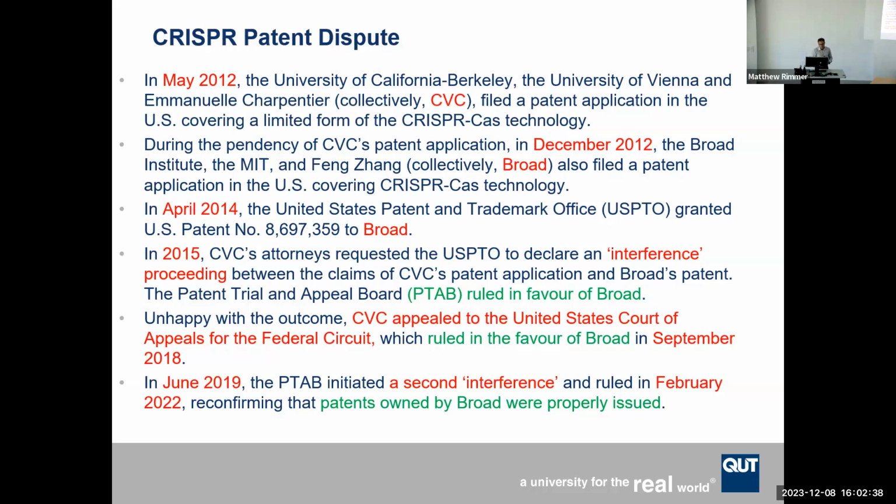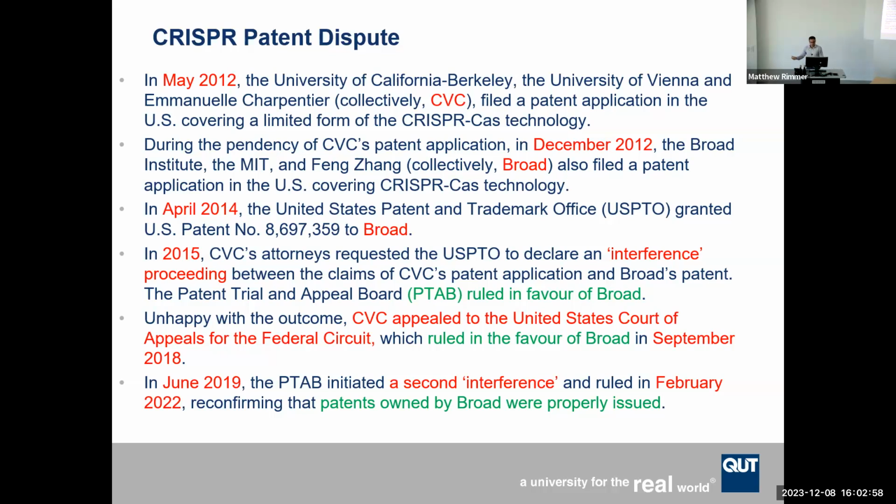Now, in 2015, CVC's attorneys requested the USPTO to declare interference proceedings between the claims of CVC's patent application and Broad's patent. The Patent Trial and Appeal Board, PTAB, ruled in favor of Broad, the original party who was granted the patent. Unhappy with the outcome, CVC appealed to the United States Court of Appeals for the Federal Circuit, which ruled in favor of Broad